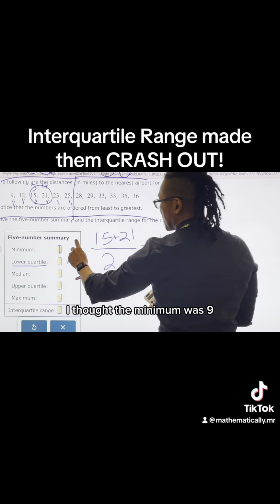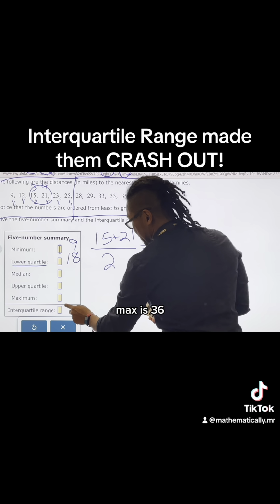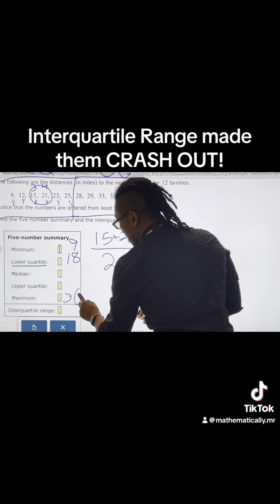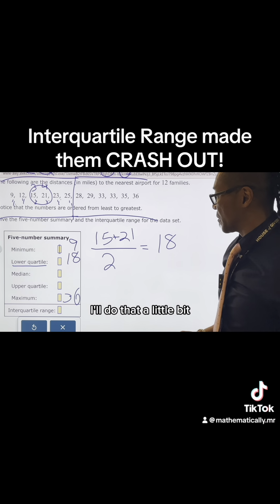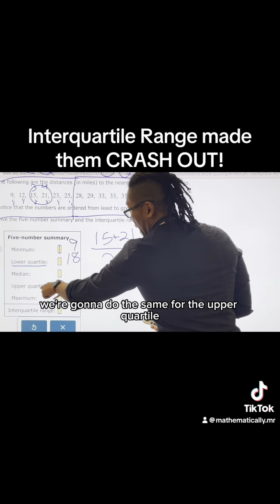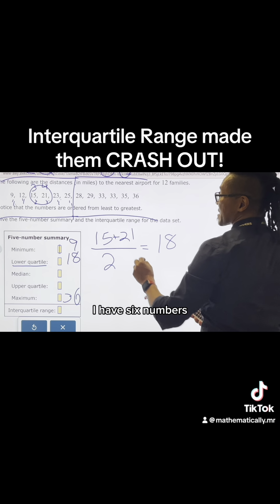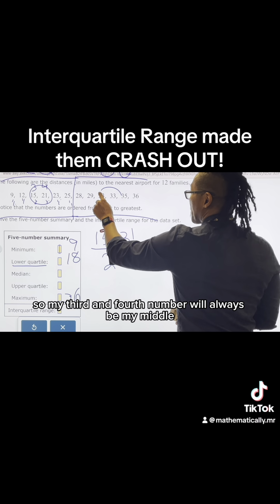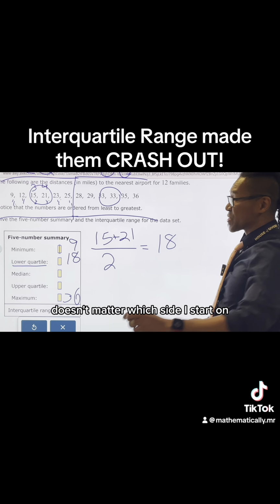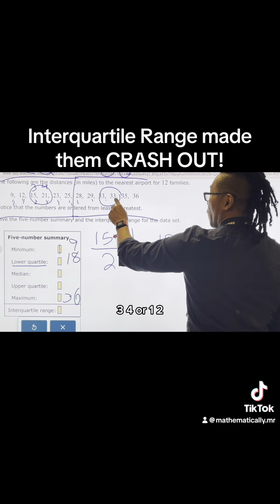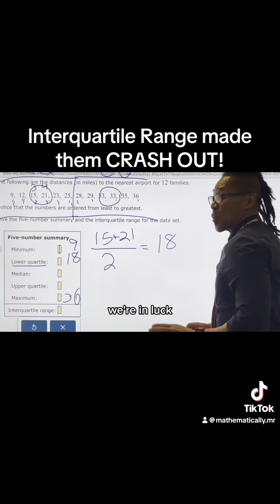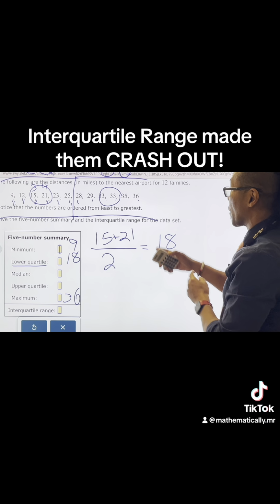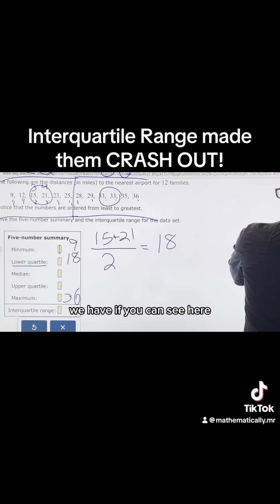I thought the minimum was 9, max is 36. Median, I kind of forgot, I'll do that in a little bit. We're going to do the same for the upper quartile. I have 6 numbers, so my third and fourth number will always be my middle. Doesn't matter what side I start on. 1, 2, 3, 4, or 1, 2, 3, 4. We're in luck. We have, if you can see here,